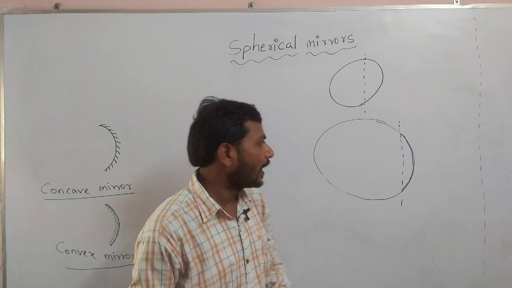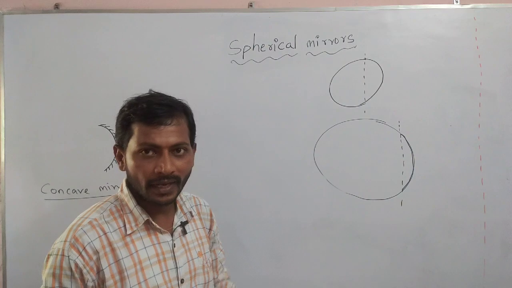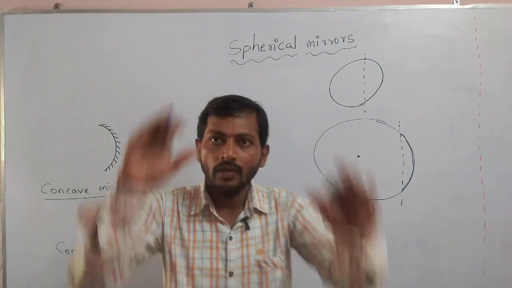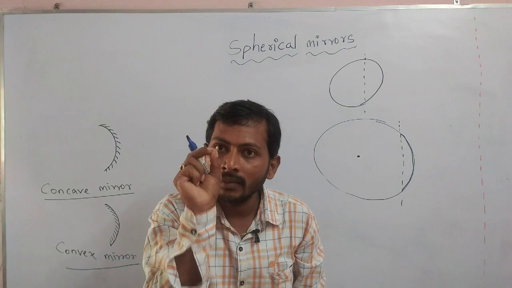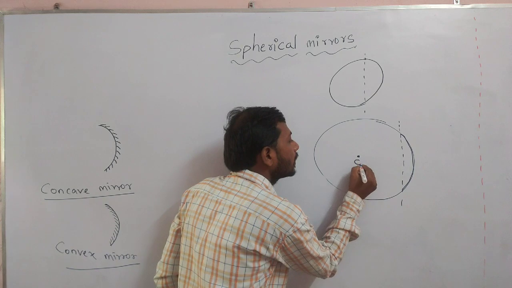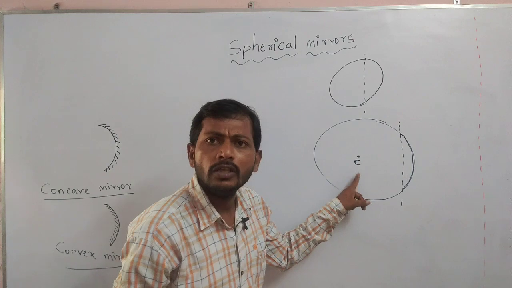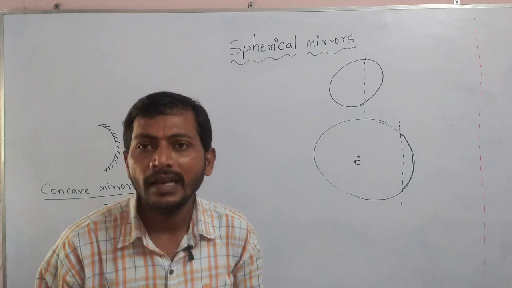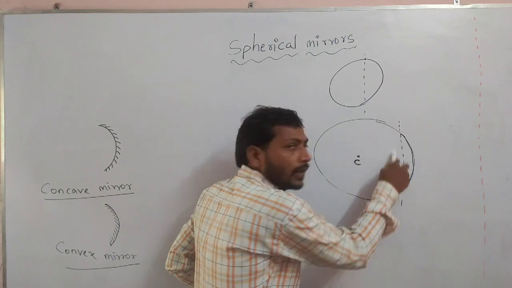Is it clear? Next, when I have taken this sphere, it contains one center. In mathematics it is also clear. When you imagine a football, it has one center at the middle. Now I represent this center by the letter C. This is the center of the sphere. Clear? This center is for the complete sphere only.